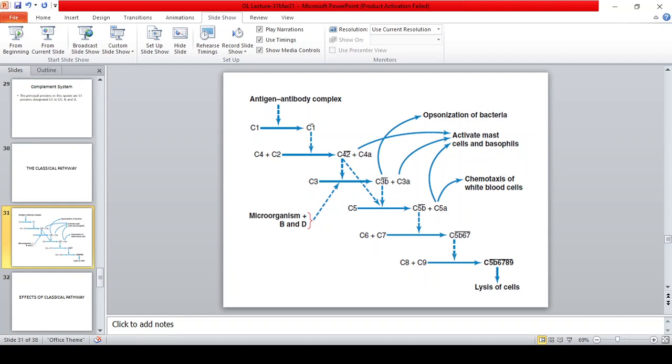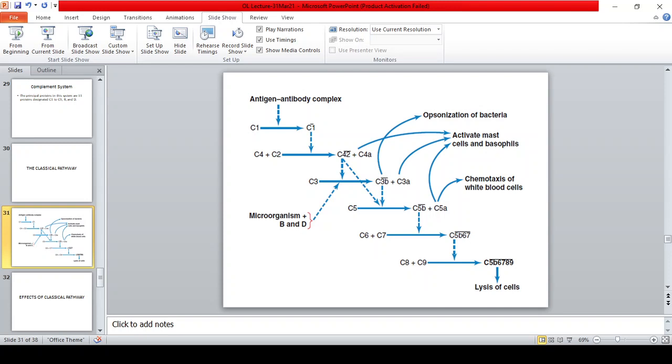So after that, there's a cascade of reactions that take place, beginning with the activation of the proenzyme C1. Now the C1 activates the C4 and C2, leading to the formation of C42 and C4A. Now C42 acts on C3 and C5, leading to the formation of C3b and C3a, as well as C5b and C5a. And C5b acts on C6 and 7